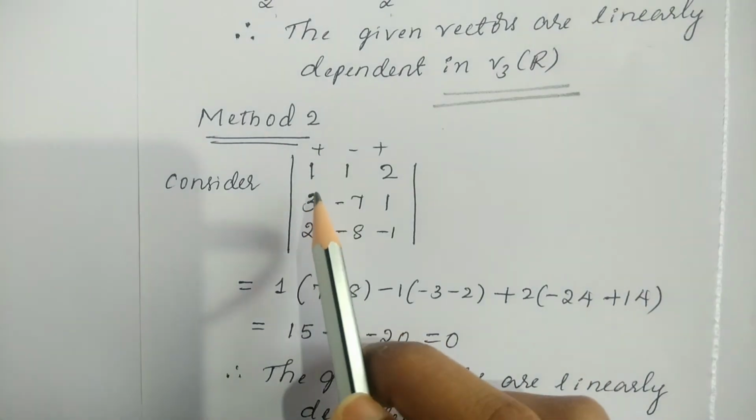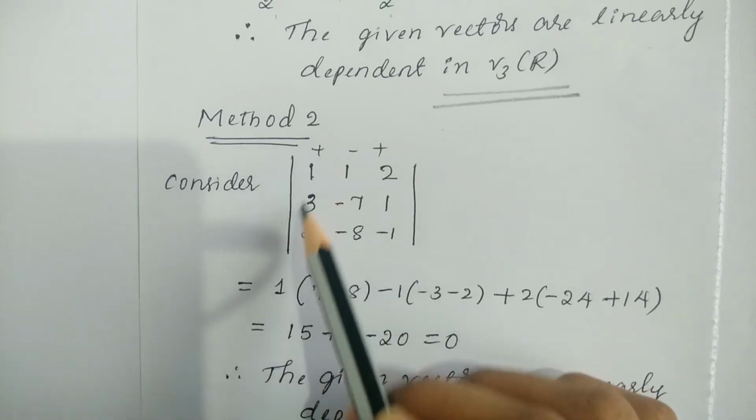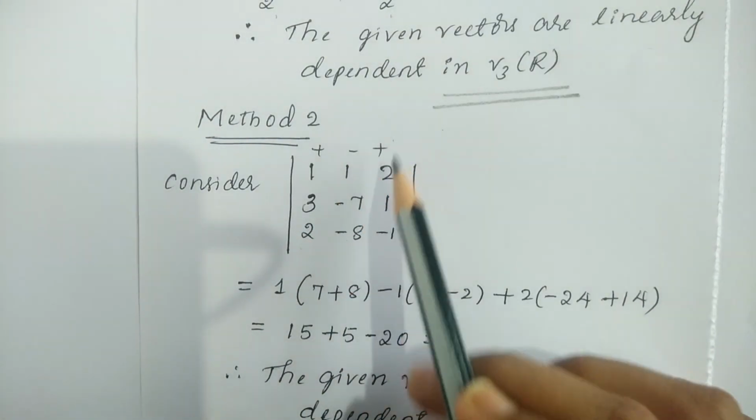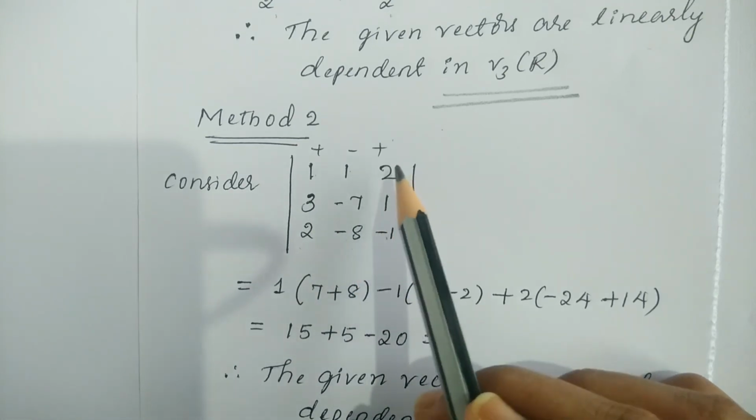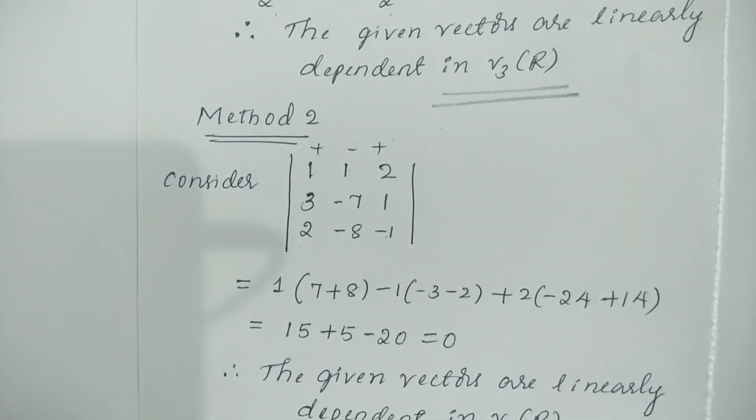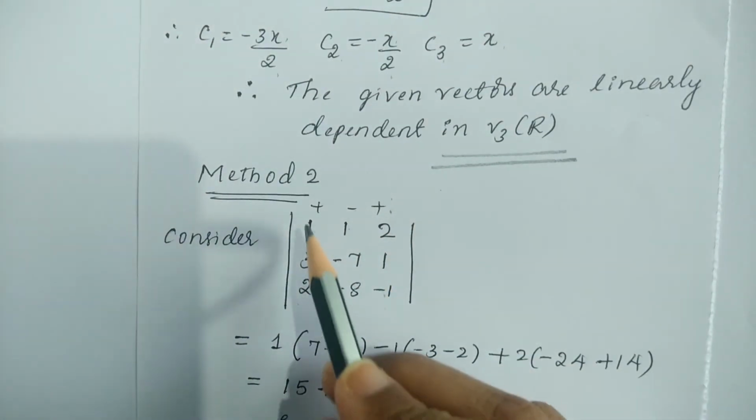Method 2, determinant method. Consider the first vector in the first column, the second vector in the second column, and the third vector in the third column: 1, 3, 2, 1, minus 7, minus 8 and 2, 1, minus 1. Is it okay? Now just find the determinant value. Plus, minus, plus. So plus 1 into,